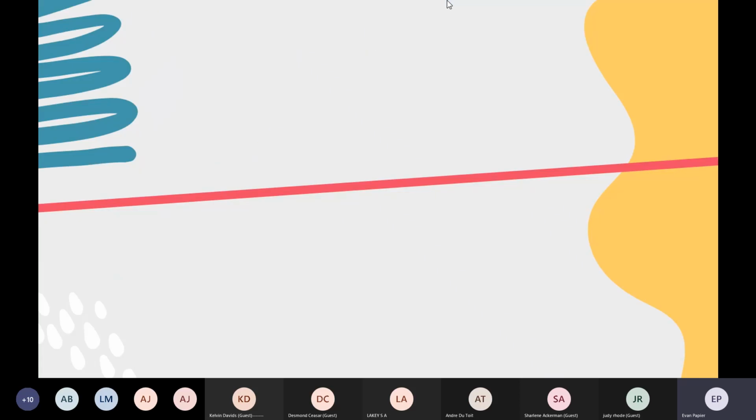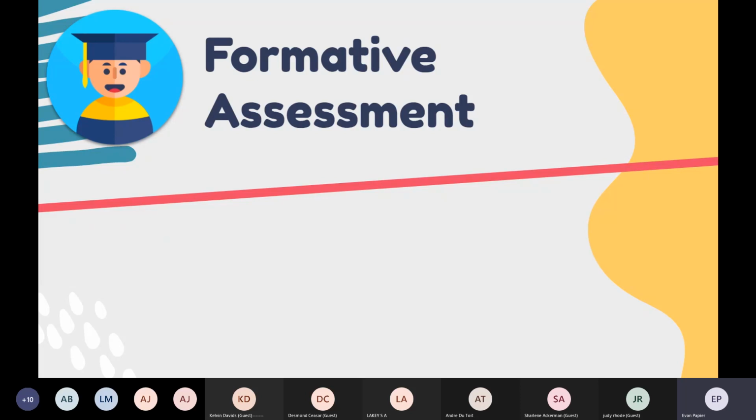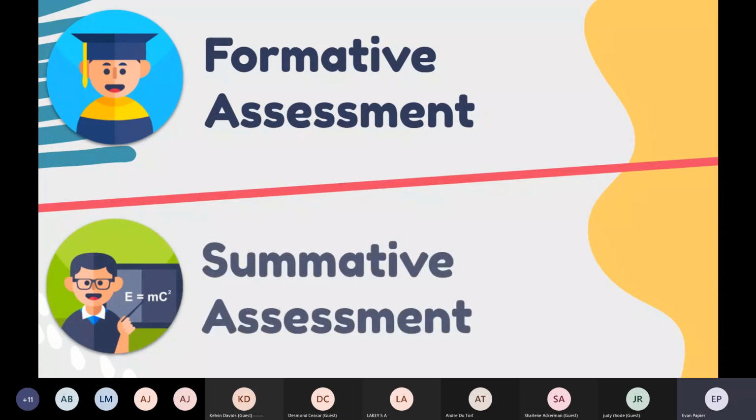So, colleagues, I think the most important question to ask today is why are we doing this? Why are we using Quizlet? Quizlet is used mostly, I'm sure for those of you who might have used it in the past, for summative assessment, but the focus for today is the formative assessment part. You can use it for summative, but for now we will look at using Quizlet as a formative assessment to build